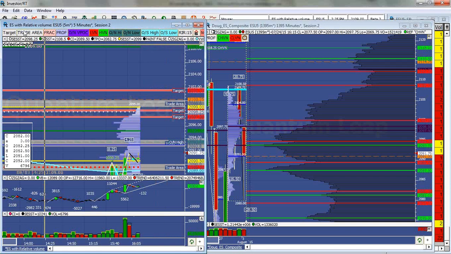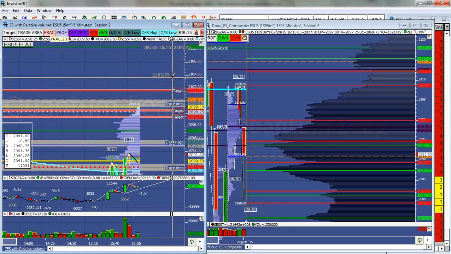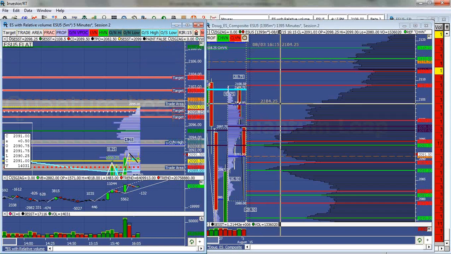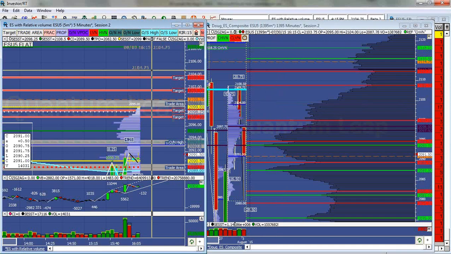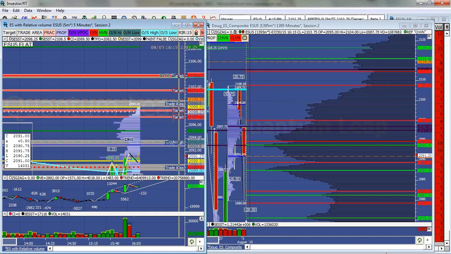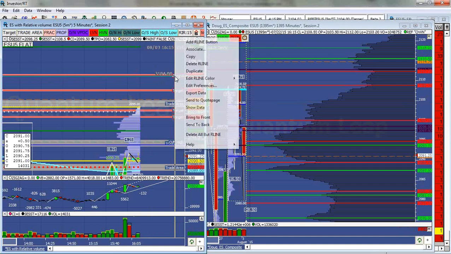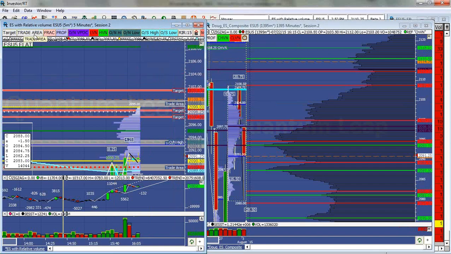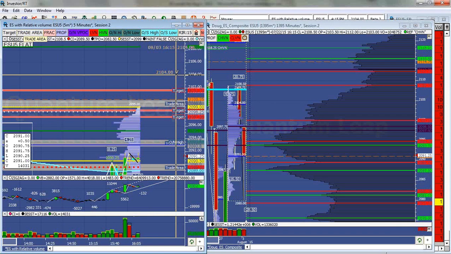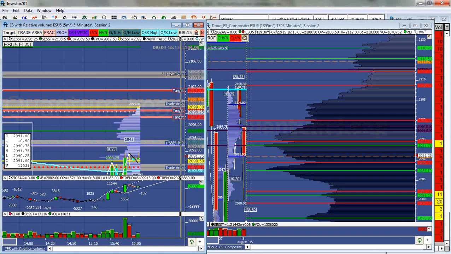But the main target above value and above range is going to be the 2103.75. That's the CHVN up there. It's been a key level that we've been trading at, and it's the 4-day value area high at 2104. So I'm going to actually use 2104, and I'm going to change it from not only a target to a trade level, because if we break the 2104, then I'm anticipating going up and making a bigger move